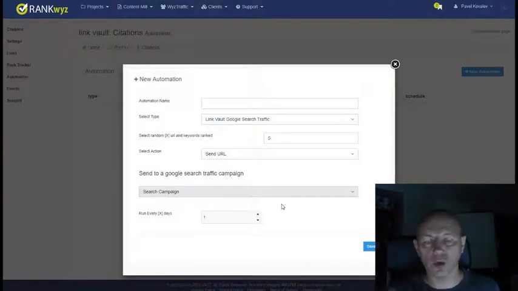You saw that I go to every specific property and can see that it's ranking for some keywords. Now 5 random of them will be sent to the search campaign with the keyword the property is ranking for, within the first 100 positions, and the URL we want the simulator to find and click.